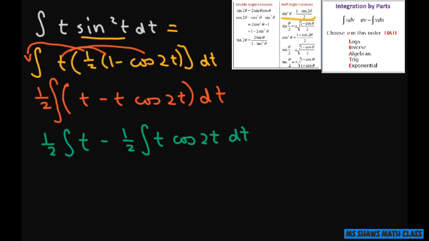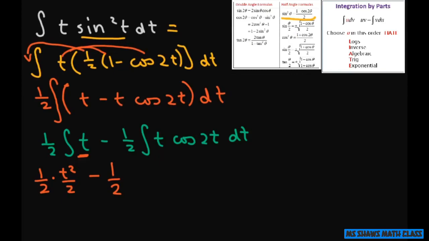So the first part we can go ahead and do. When you evaluate that, that's going to be 1/2 times t squared divided by 2. So we got that part. That's going to be 1/4 t squared minus, now you're going to do your 1/2,